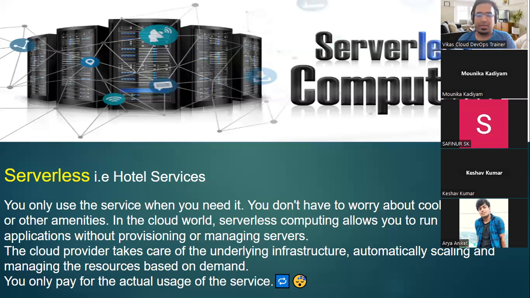Correct. Cloudflare is already there. AWS Lambda is there. Some cloud providers are providing these services. You don't have to worry about anything. Go and tell them, I want to run the application. They say use this. You don't have to worry about CPU, memory, anything, which place, where it is, how fast, how easy. Just go and tell them, I want to run the application.